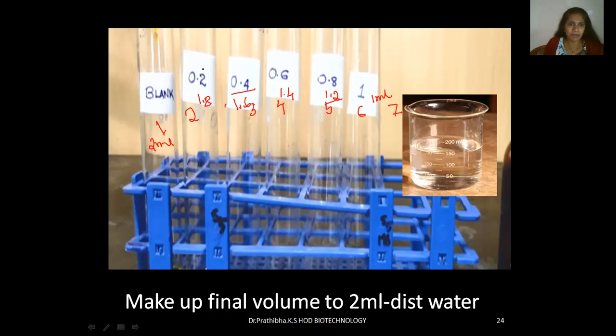So we made up to the final volume, that is 2 ml. 2 ml content is here, right? 2 ml, and here 1.8 plus 0.2, 2 ml; 0.4 plus 1.6, 2 ml; then 0.6 plus 1.4, 2 ml; 0.8 plus 1.2, 2 ml; and 1 ml, 1 ml, 2 ml. So in each test tube, now the quantity is the same, right? 2 ml. The 7th test tube will be given by the examiner. Our in-charge teacher will add some ratio that may be 0.6 and 1.4. You need to find out how much amount of glucose is present in the 7th test tube. You won't know how much they have given. Okay, you need to find out.